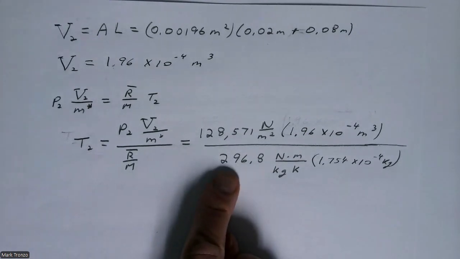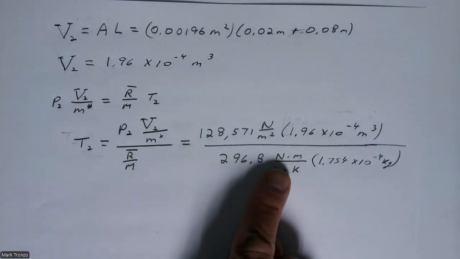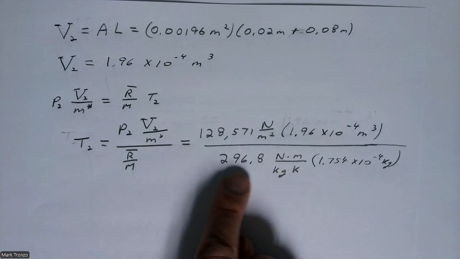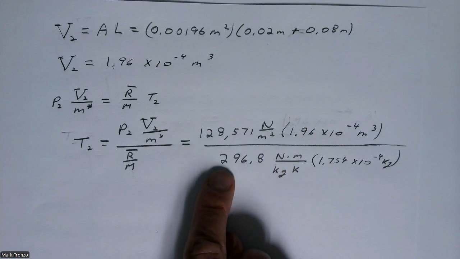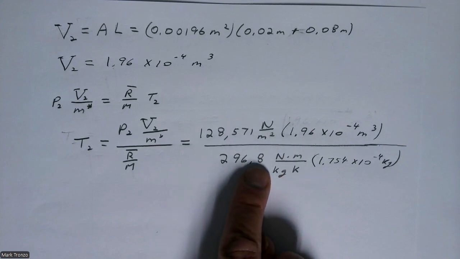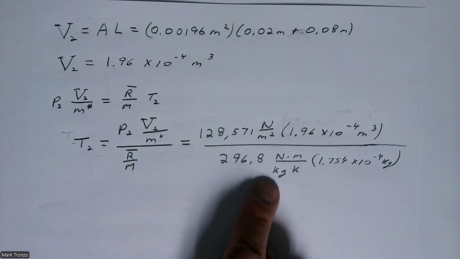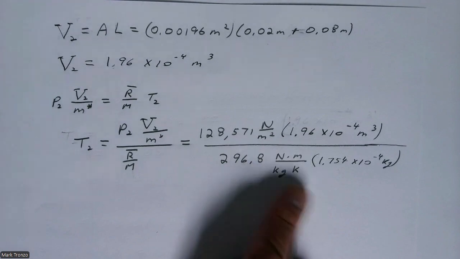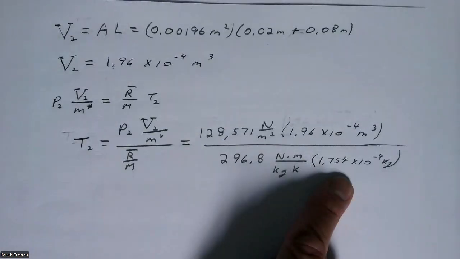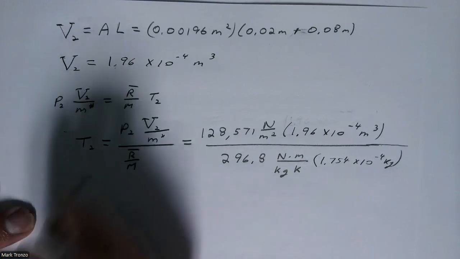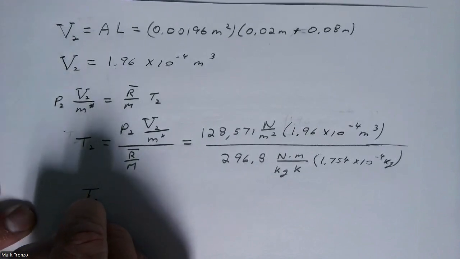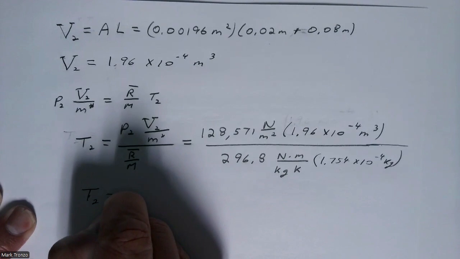And excuse me, we originally had 0.296 kilojoules per kilogram K, and then we converted that to 296.8 joules, which is saying 296.8 Newton meters divided by kg K. Again, we did that back in this step here to get that. And again, like I said, the mass was this. And when you put all this into your calculator, you end up getting T2 to be